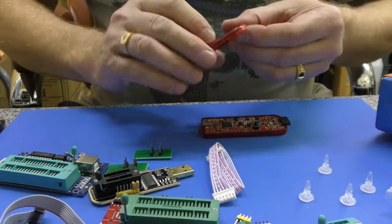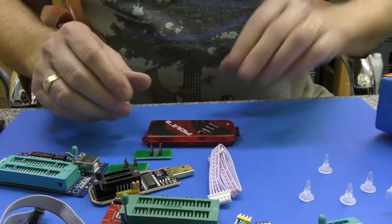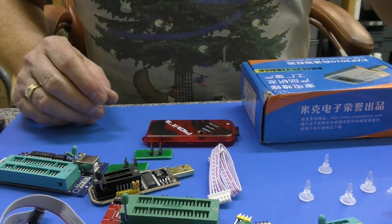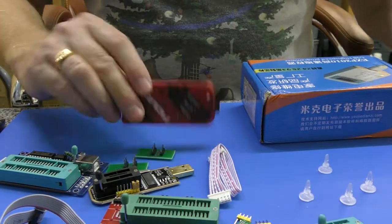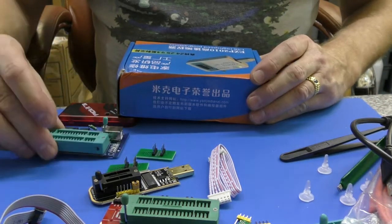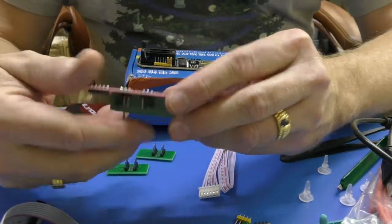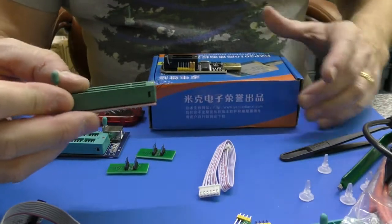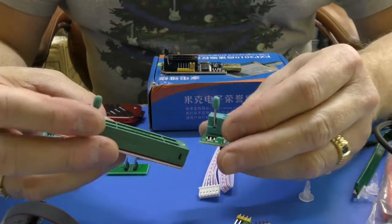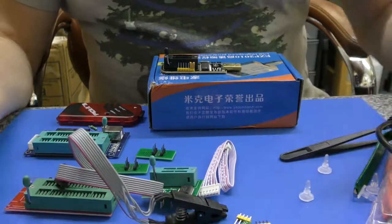giving it a go over the next few days, hopefully, or perhaps over the weekend actually, see what works with Windows 10, because I think that's pretty much all I've got these days. Maybe Windows 7, but yeah, I'm pretty pleased with all of that. For £43 we have one programmer, 2, 3, that I guess is a standalone programmer, yes, that's 4. That isn't, that is an adapter to go with one of these or any of them, and that is another adapter. So yeah, 1, 2, 3, 4 programmers, a multitude of adapters, cables, the SOIC clip,